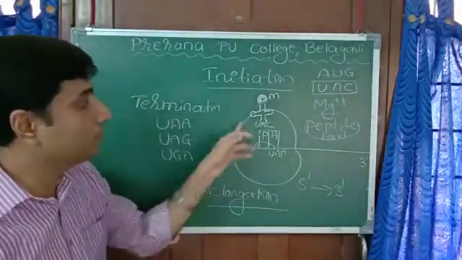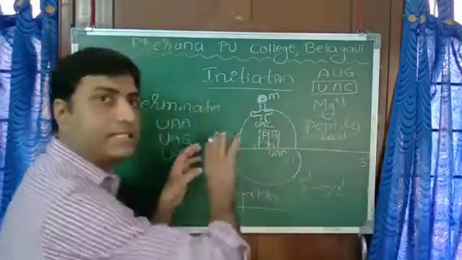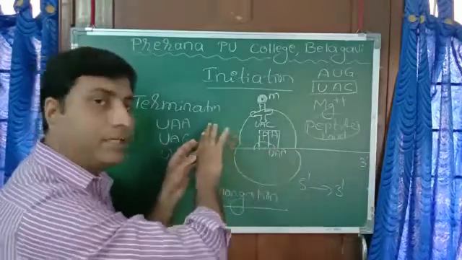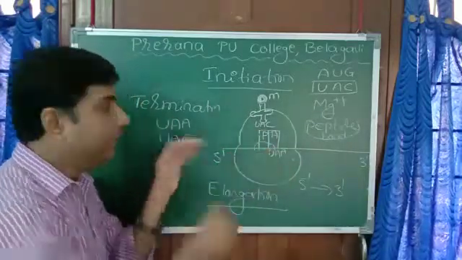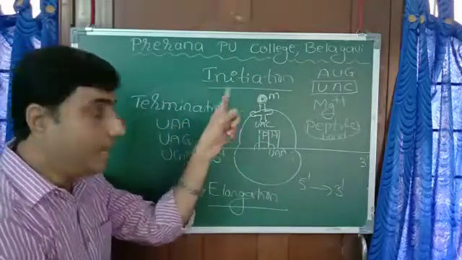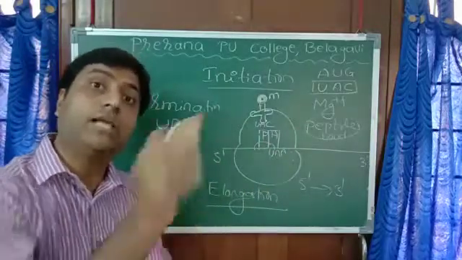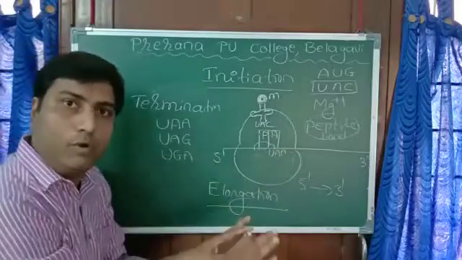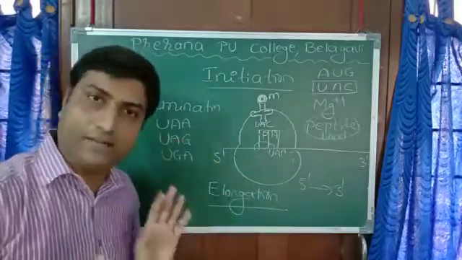What happens to this ribosome? Once it passes over the nonsense codon, it comes out of the mRNA. The mRNA gets separated. The tRNA already got separated. The separated tRNA and this ribosome once again participate in the formation of the next protein. Whereas this mRNA is left, its job is over, protein is ready. This mRNA will get disintegrated.